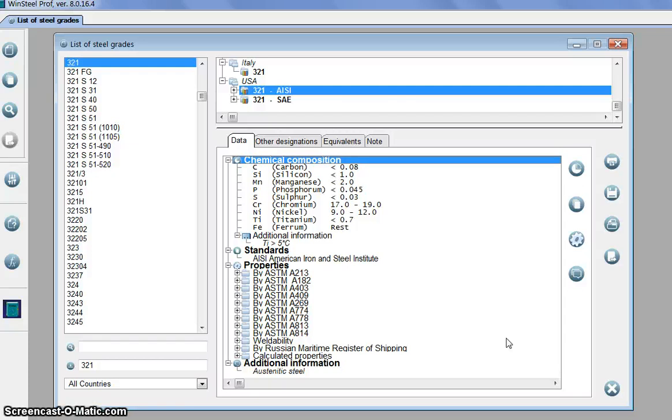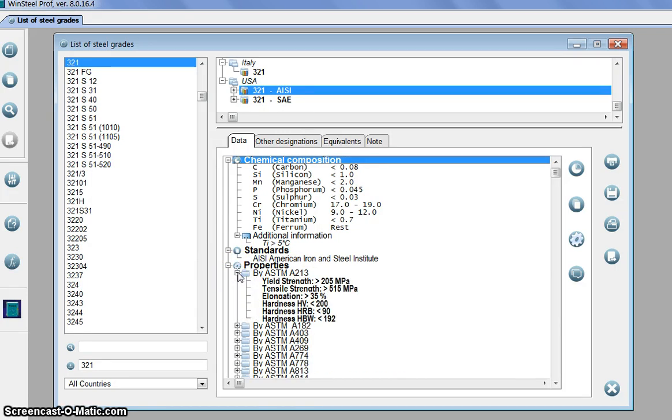So if we need information about properties by any standard, we have to find it in this list, then expand the corresponding tree branch and get this information. For example, there are properties by ASTM A213. This is standard for seamless tubes which are used for boilers and heat exchangers. And here are all properties which are